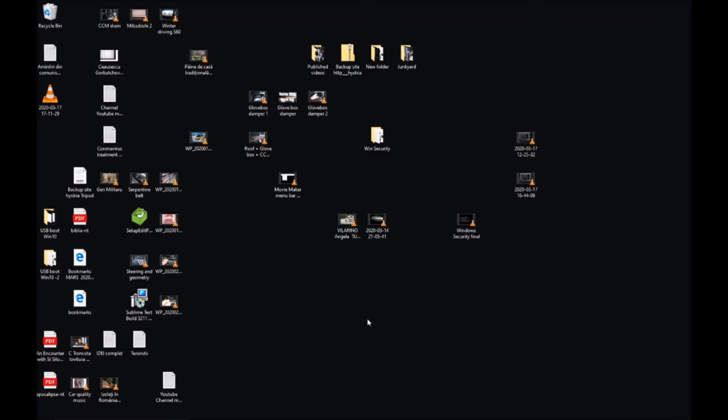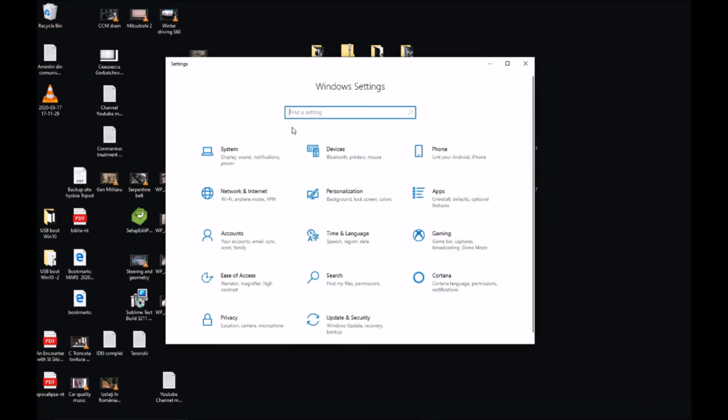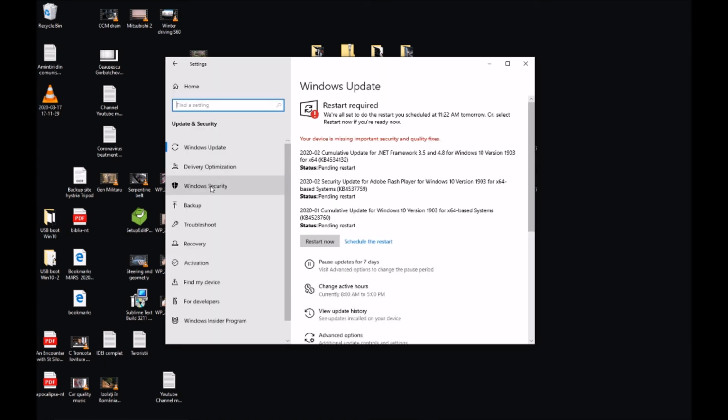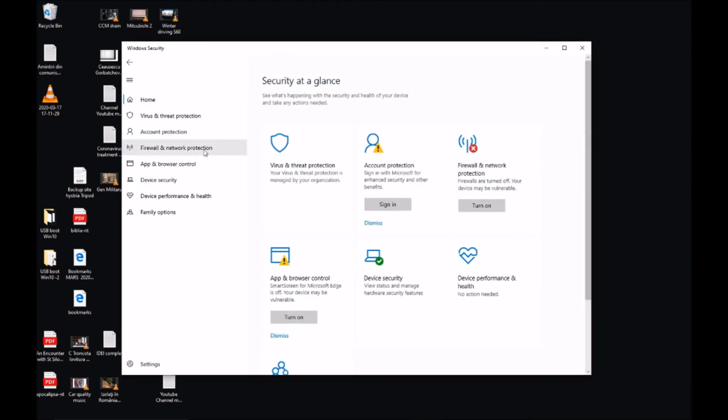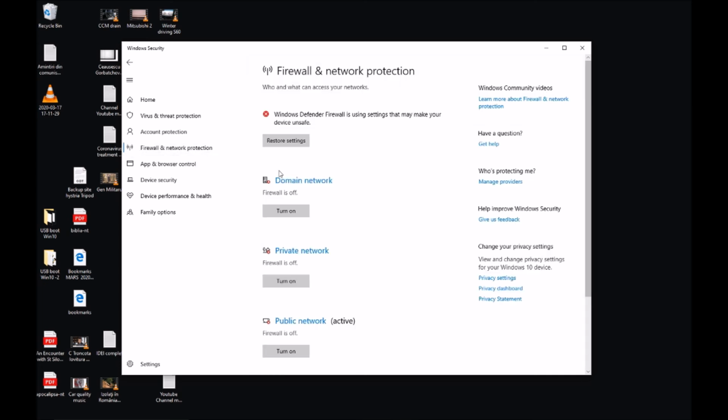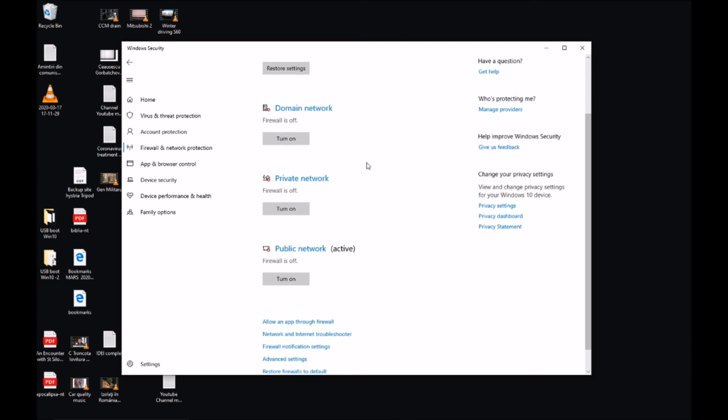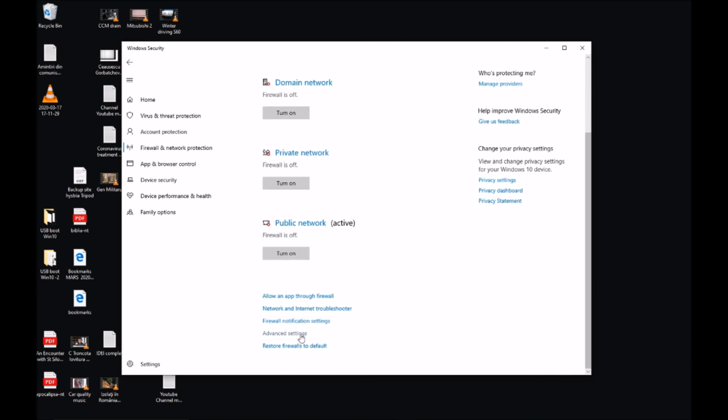Just for fun, if you want to check the status of the Defender antivirus from Windows, there's another place, just too many places. So go on the search window, select settings, the main menu, click on Update and Security, and go to the Windows Security tab. Open Windows Security again and switch to Firewall and Network Protection. You'll have the status here, but there's another window. Just scroll down, go to Advanced Settings, click that, click Yes to the confirmation window, and it brings you to this other